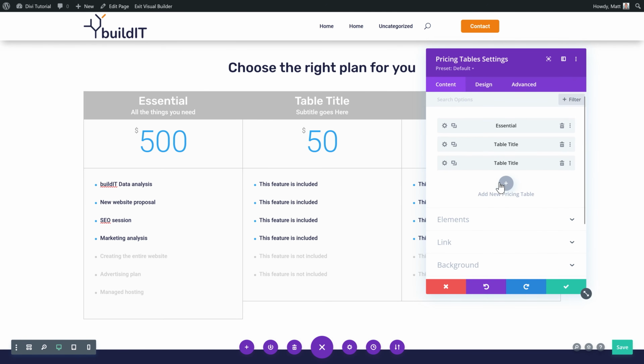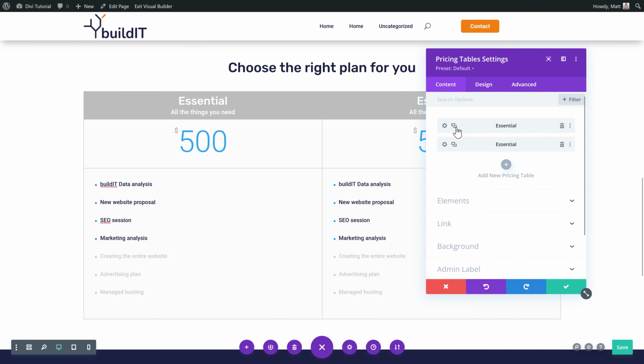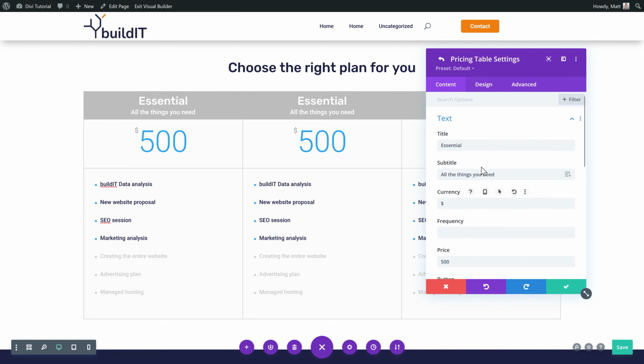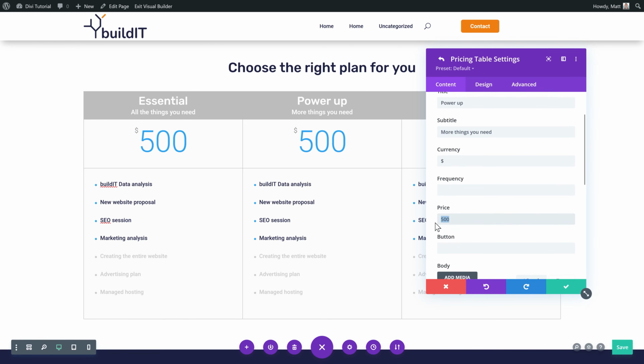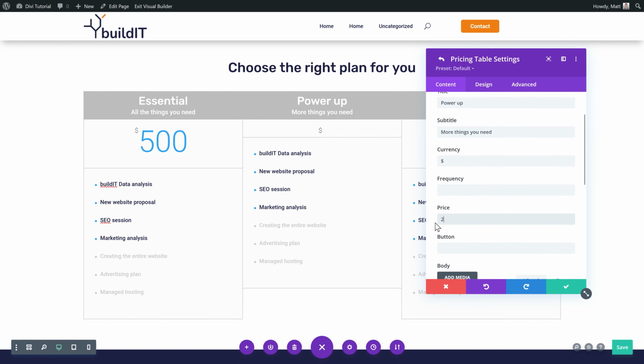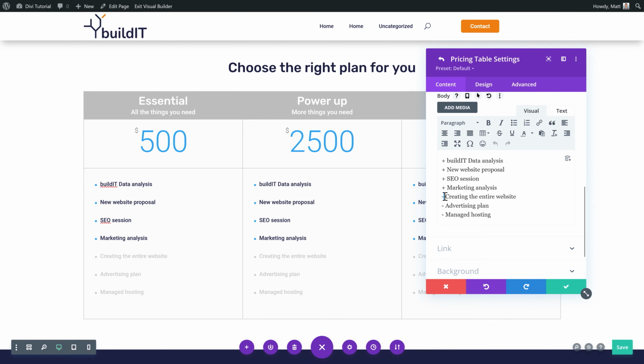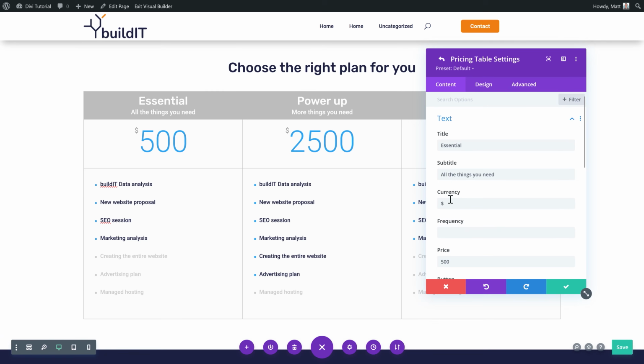And then to make it a bit easier for all these features, just delete these tables and just copy this one 3 times. On this plan, we're gonna change this to, for example, more things you need. This is gonna cost you $2,500. And for that, we're also gonna create your entire website. And we're gonna add in an advertising plan like this. Save it. And we go to the next plan,